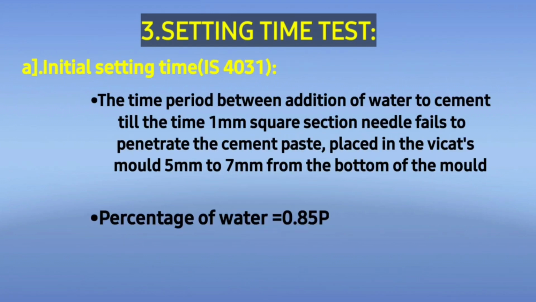अब बात करते हैं सेटिंग टाइम टेस्ट की। इस टेस्ट को परफॉर्म करने के लिए भी वीकार्ट एपरेटस की रिक्वायरमेंट होती है। इस टेस्ट में हम इनिशियल सेटिंग टाइम एंड फाइनल सेटिंग टाइम को फाइंड करते हैं। इनिशियल सेटिंग टाइम की बात करें तो इसका प्रोसीजर सेम रहता है जैसे कंसिस्टेंसी टेस्ट का था, सिर्फ दो चीज़ें रिप्लेस होती है। जो परसेंटेज ऑफ वाटर है वो 0.85 ऑफ P लिया जाता है, मतलब जो परसेंटेज ऑफ वाटर कंसिस्टेंसी टेस्ट में यूज़ हुई थी उसका 85% ऐड किया जाता है इनिशियल सेटिंग टाइम में।